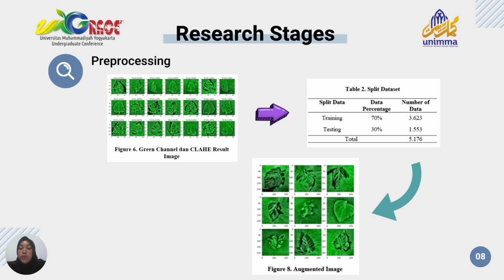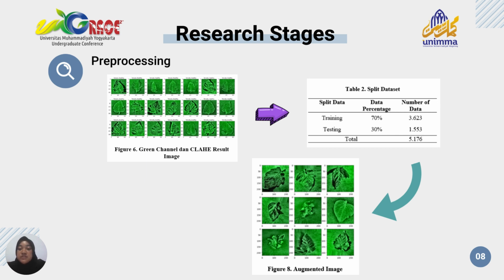And the next stage is preprocessing. The first stage of preprocessing was carried out by resizing the image to a fixed size of 224 by 224 pixels, then extended to the green channel and bring out hidden features with contrast limited adaptive histogram equalization like figure 6. And then in table 2,